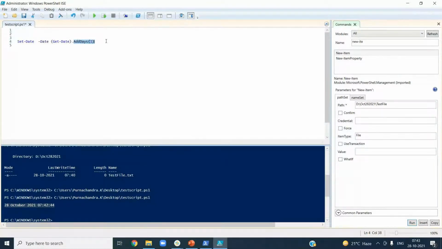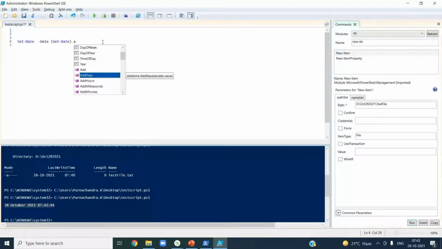You can see here, if you press dot, it will give you all the properties. This is similar to what you see in other programming languages, .NET, Java, etc. It will give you all the methods you can use. We're saying add days, I guess. Yes, if you want to add a date, use dot Add here for the days. If you want to add hours, you add hours. If you want to add days, you can add days, and then I said 2 days.